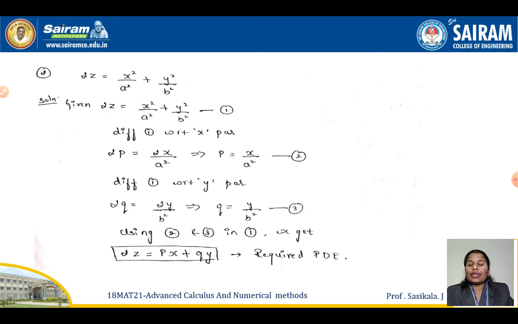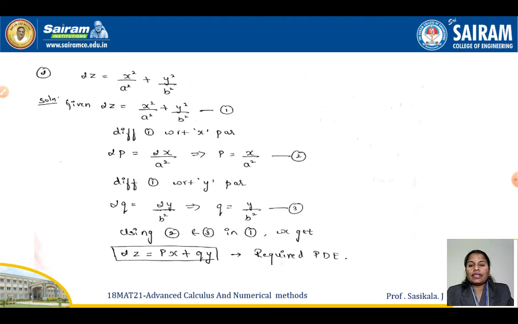Clear? So next question we can try. Here you have z equal to x square by a square plus y square by b square, with a squared and b squared as constants. Take the differentiation as the first step. Dou z by dou x, which I have directly written as p, gives 2x by a square, so p is equal to x by a square, as the 2 gets cancelled. Similarly, you can find q: q is y by b squared, as 2y and the 2 gets cancelled. Now equations 2 and 3: x by a squared is p and y by b squared is q. Replace them, and you will get 2z is equal to px plus qy.